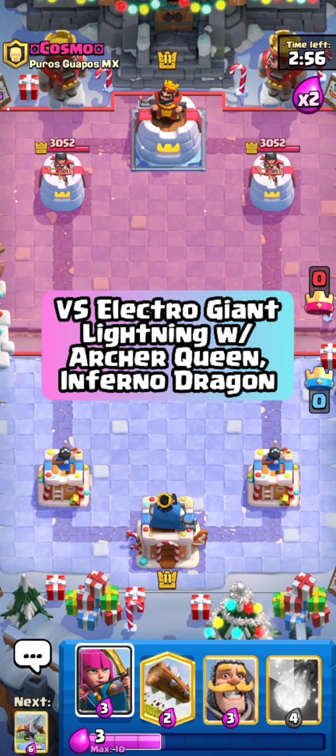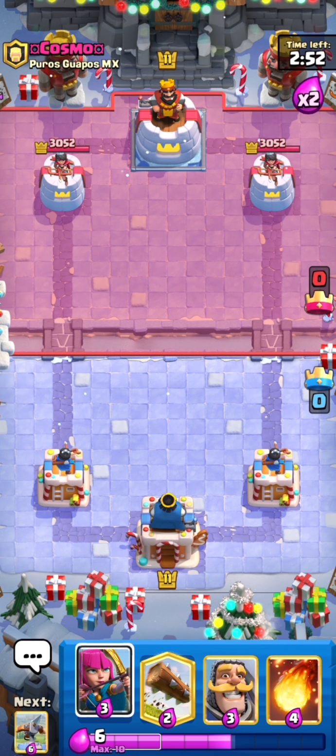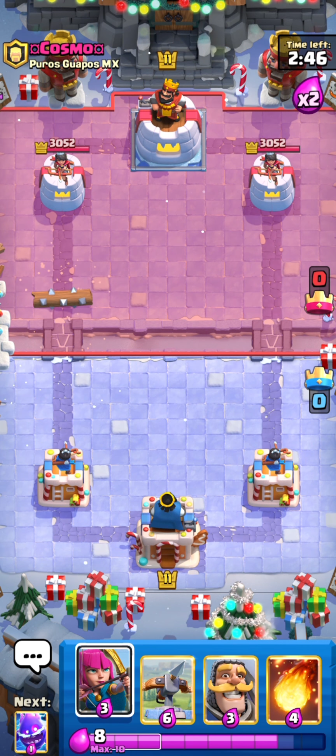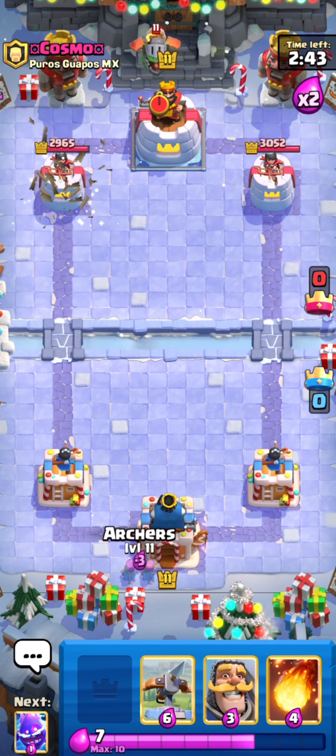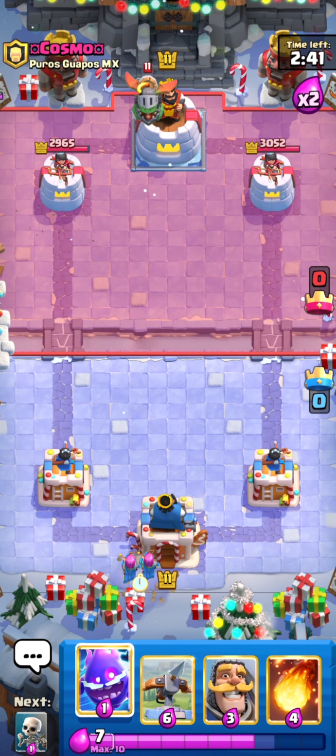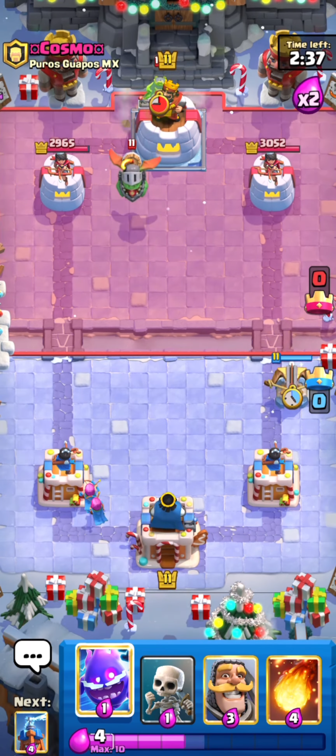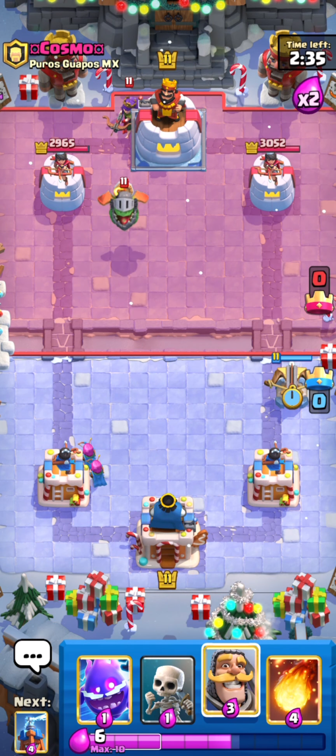15-0, which hopefully we can get, but we found a match against Cosmo from, looks to be a Mexican clan. So I will probably cycle my Log first before Archers, since I think it's a bit safer. He's going to go for Inferno. I'm actually going to Archers same lane, and this way we can find out if he has Arrows or some other spell. And I'm going to Xbow opposite. He's going to Archer Queen. That is actually really good for me,